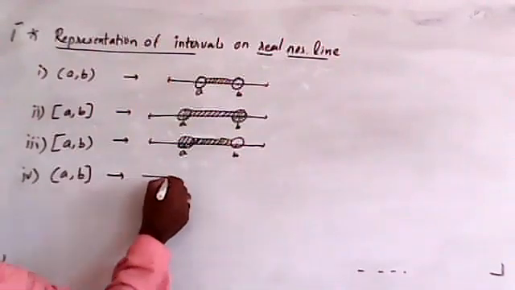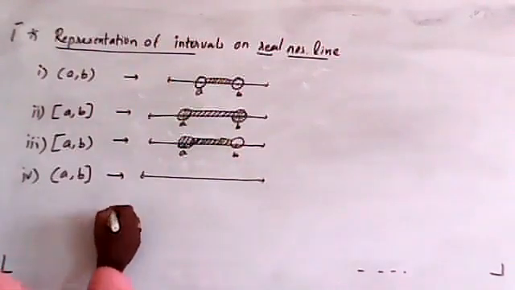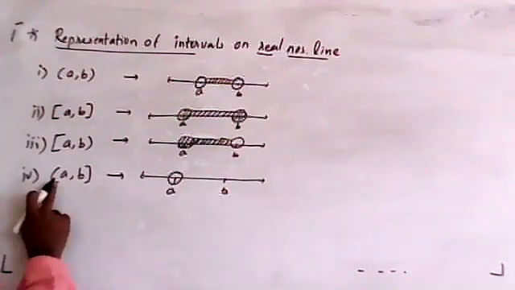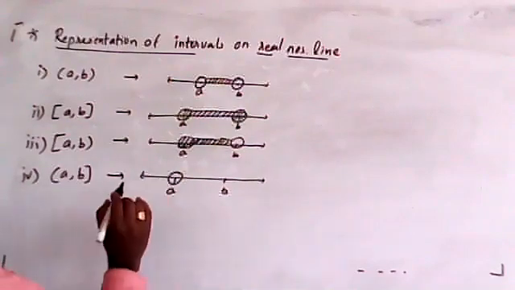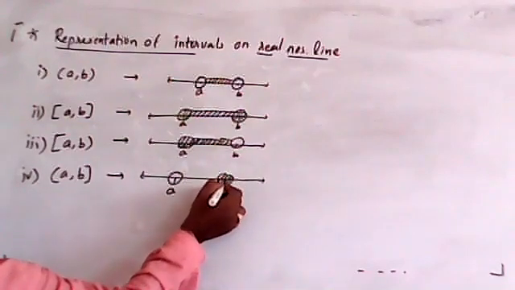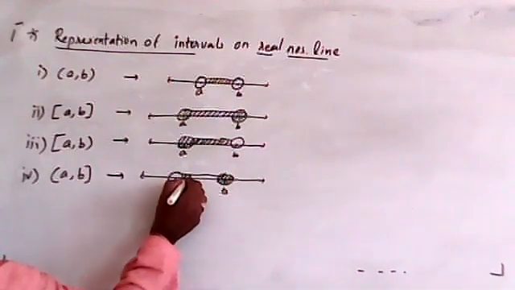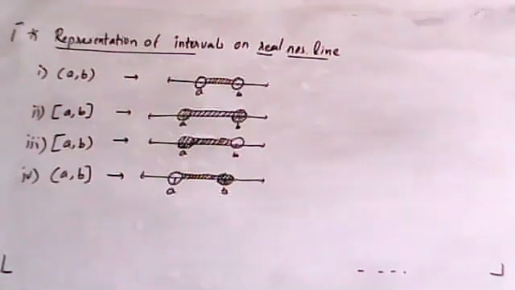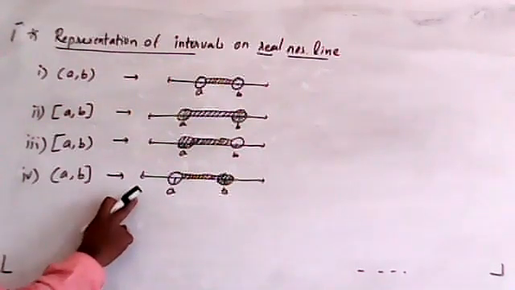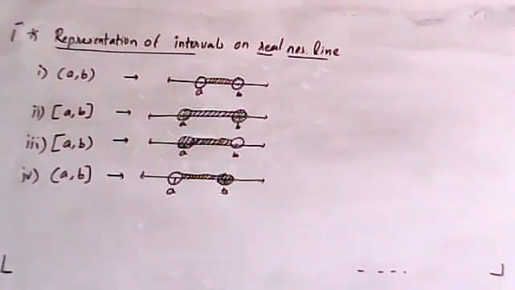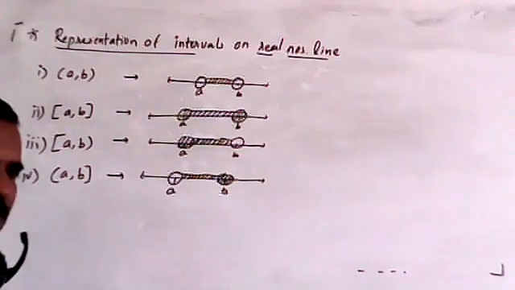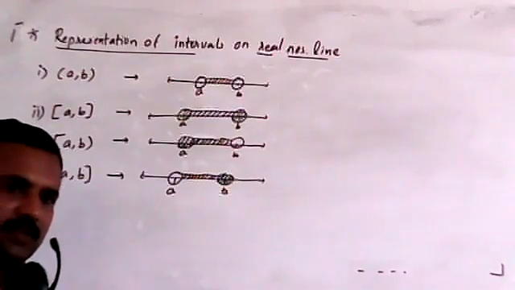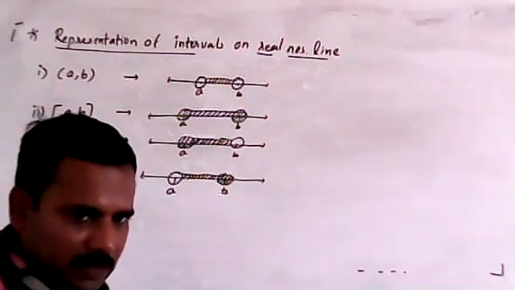Similarly, here also the same. Now A is here and B is here. A is with an open bracket, so I will not fill the circle. I will keep the circle open, but here I will fill the circle. From here to here, I will count all those numbers, excluding A. A is not included in this case. Why? Because A is an open bracket. Hoping everybody is understanding. Yes, everyone is understanding.